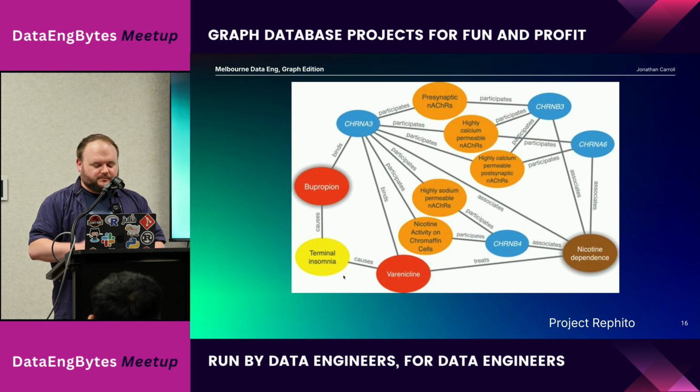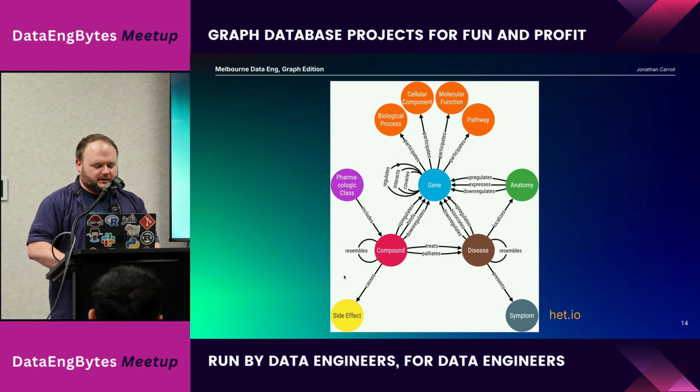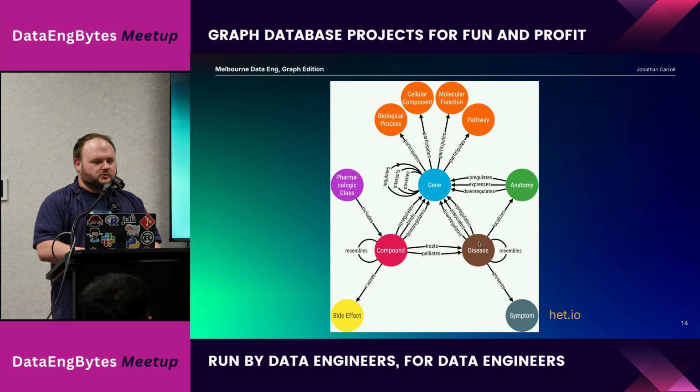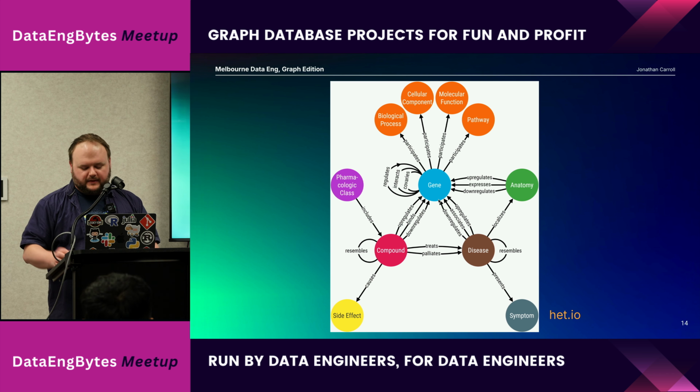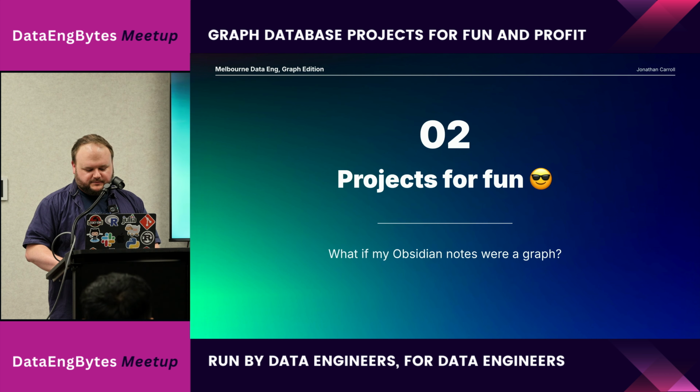So that was one of the projects I worked on. But the only reason that any of this works is the semantics between a gene being associated with a disease in a specific way. If you had all of Wikipedia that said this gene is not affecting that disease, and there's a link there, that link is the wrong direction. You're looking for something that is positively correlated, not negatively correlated or uncorrelated as a link. So the semantics there are really important. How genes interact with all of these things and how you find your way across that network, they're important things you can look for and involve the semantics.